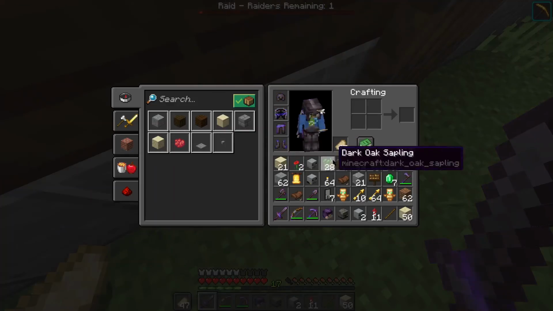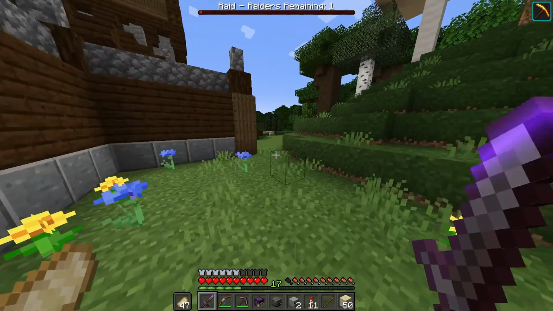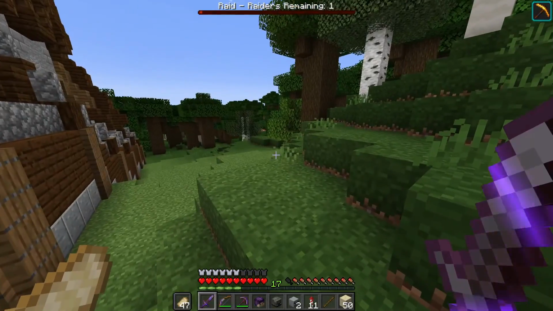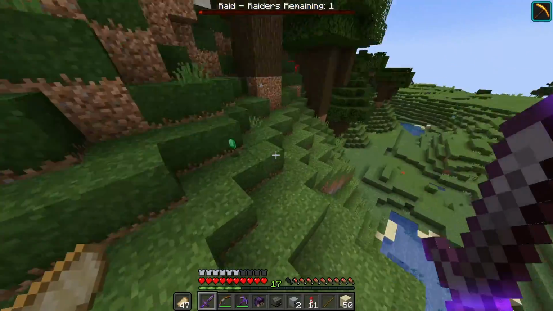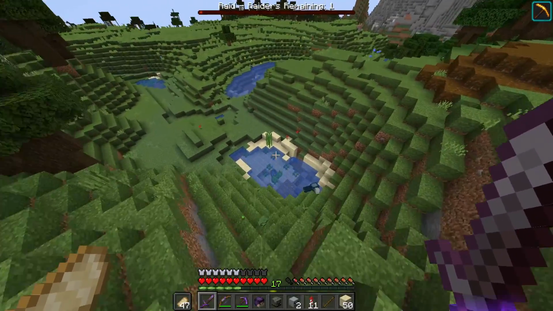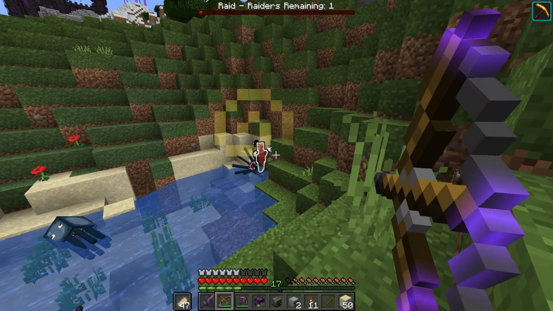Well, that is Totem of Undying number 3, but there is a little bit of a problem, which is I've killed the main group of raiders, and it says there's one raider remaining. He doesn't seem to be in the forest over there, and I am still incredibly worried they're gonna somehow get into the...